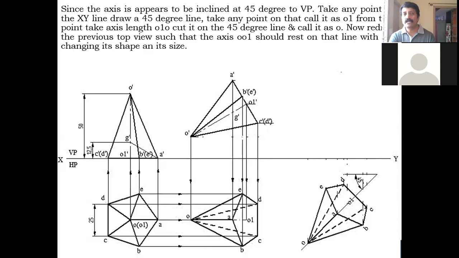So the axis appears to be inclined at 45 degree as given. Correct. So in this case he has given, that means to say, straight away directly the apparent inclination only. It is not the true inclination. So without taking locus, I have to incline this. Okay. So right side you take 45 degree line from any point of the XY line, and here just for